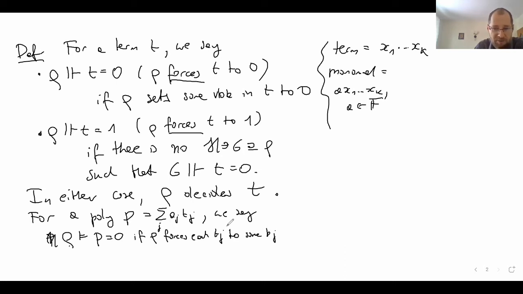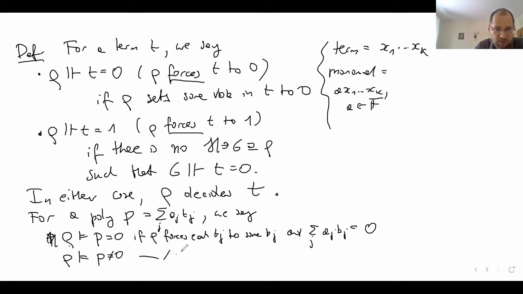So if rho decides every single term appearing in the polynomial, and if you really plug into the polynomial that supposed value of the term according to the forcing relation, the sum is going to be 0. So that's rho forces the polynomial to be satisfied, and rho forces the polynomial to be unsatisfied,